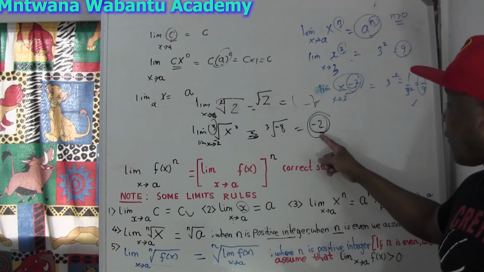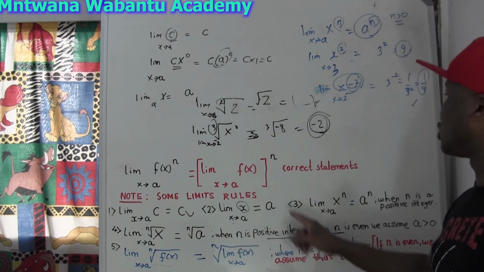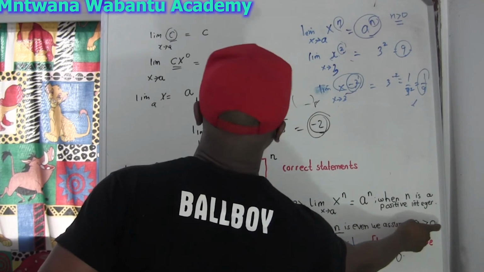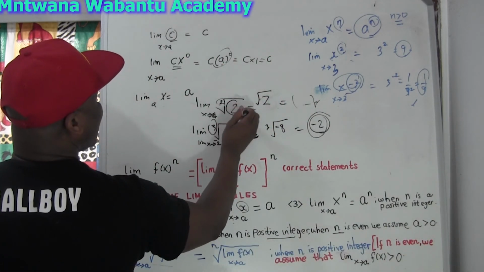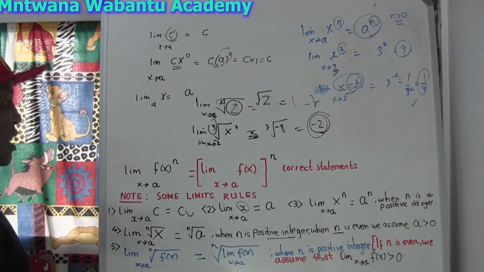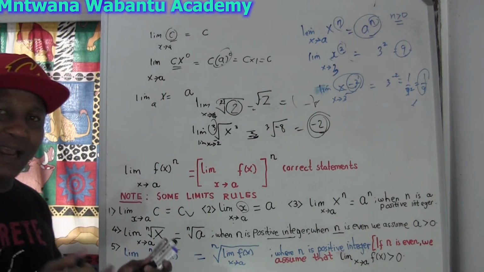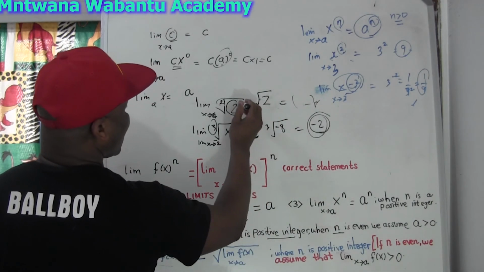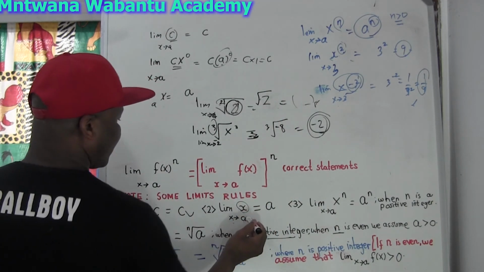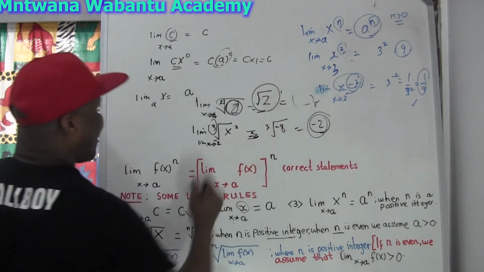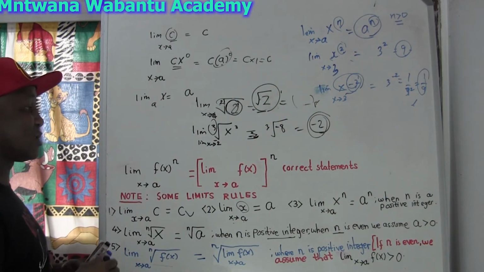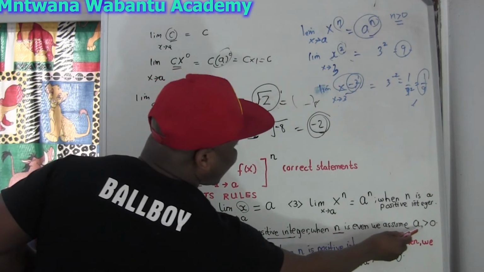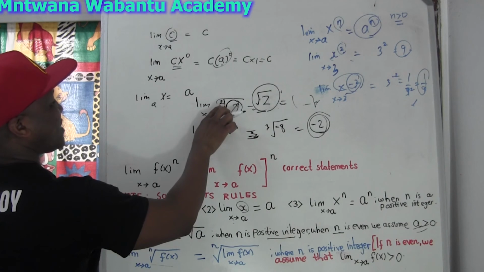It could be positive or negative. That's what I say here, when n is a positive integer, and then we assume this is greater than 0. They assume this is greater than 0. You know what I'm saying? They assume. So you can put whatever number you want, try to play around there. They say we assume this is positive, because it means this is going to be a positive number after you take the root. But when they say positive integer, where we assume a is greater than 0, yes, a must be greater than 0, because when you take the square root of 2,